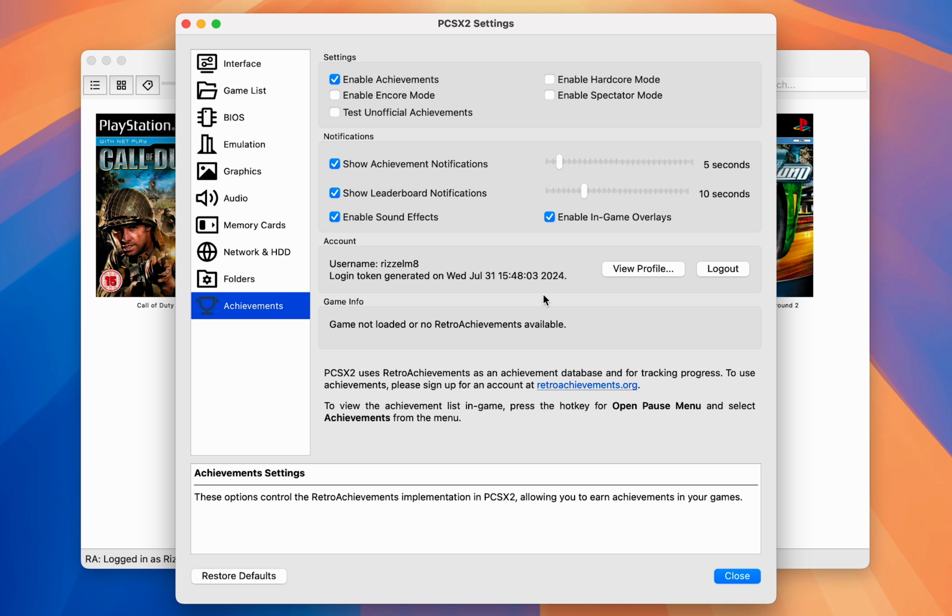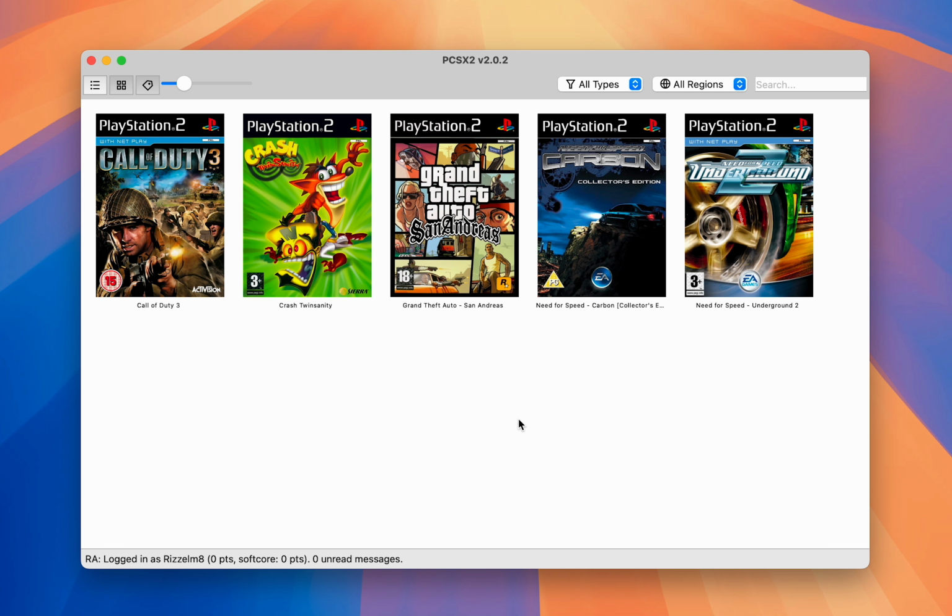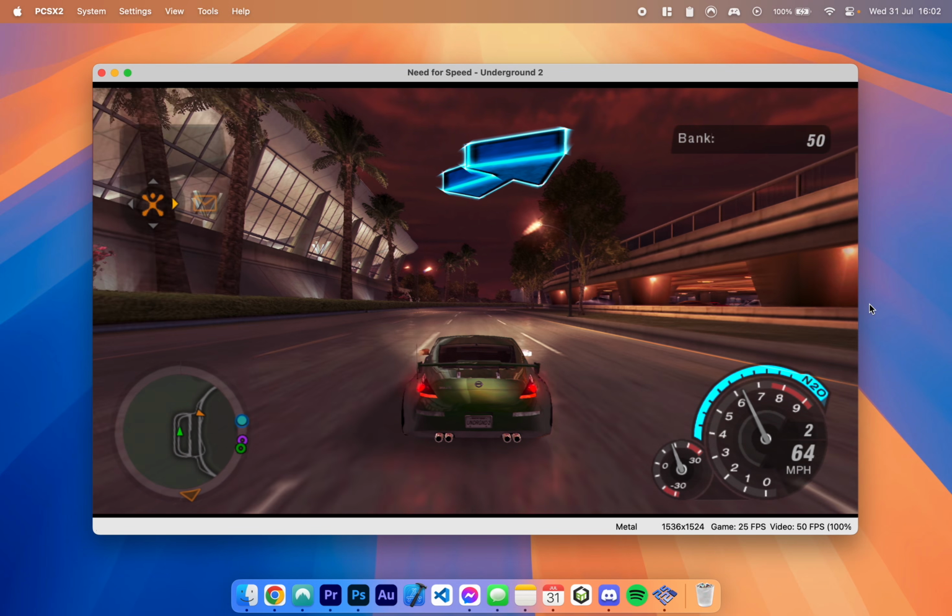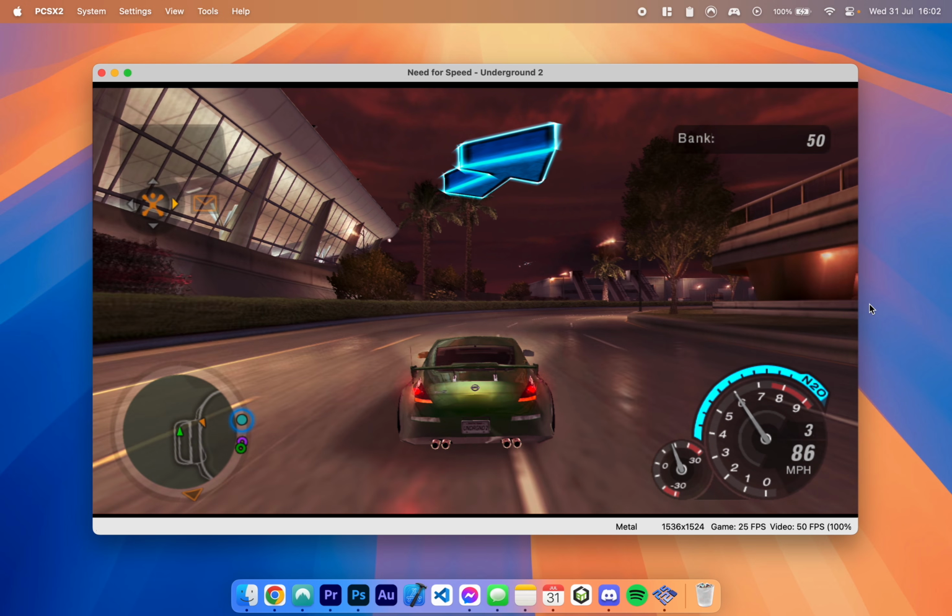Once you've done this, you are now logged into your account and you can start using achievements in your PS2 games. If you want to take a look at the list of achievements that are available, you want to go to retrogames.org and you can view them from there. Once you're ready, you want to click on close, and now you can start playing PS2 games by double clicking on the game cover. And as you can see, I'm currently playing Need for Speed Underground 2 with the wireless